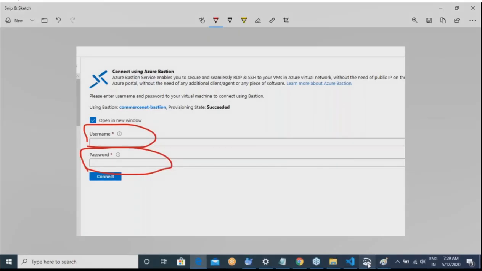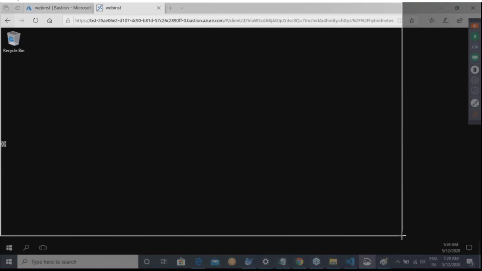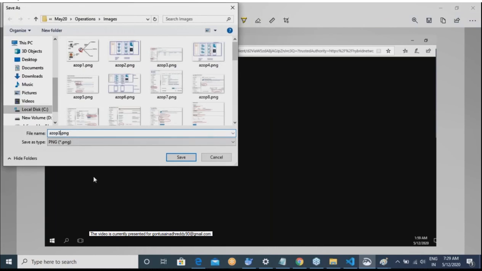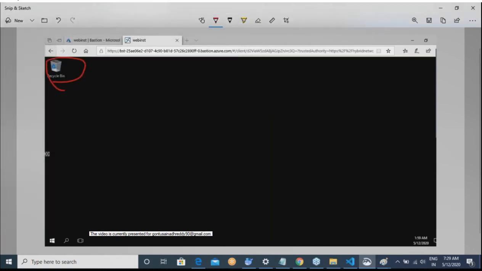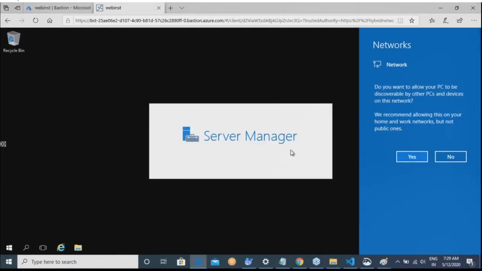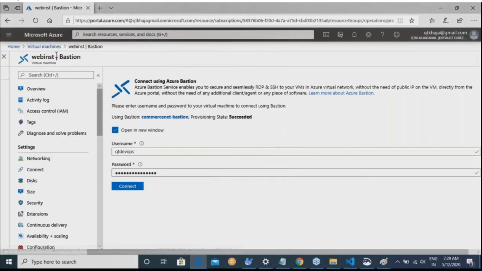Okay, so this is what an Azure Bastion can do. I have tried it for a Windows machine. If you want, you can try the same thing for a Linux machine also.